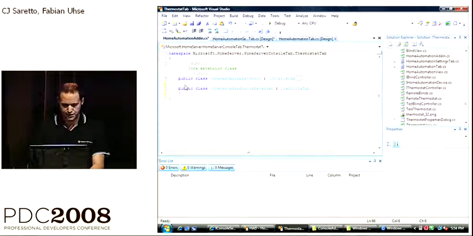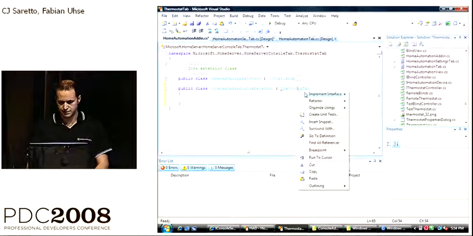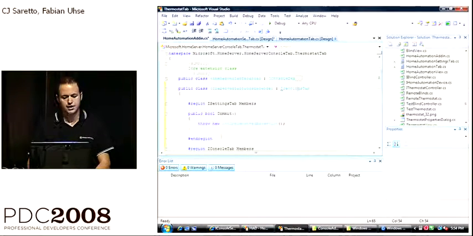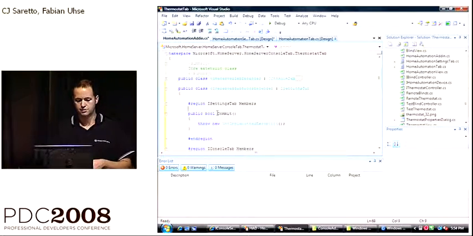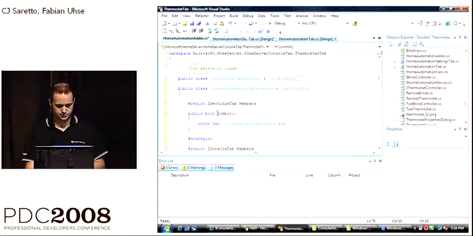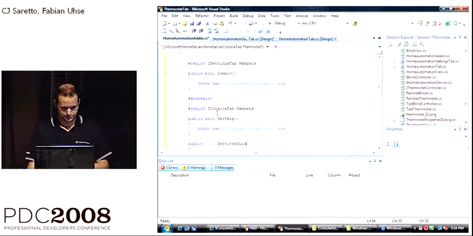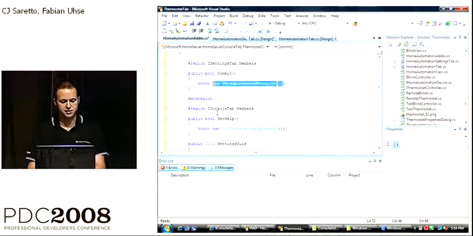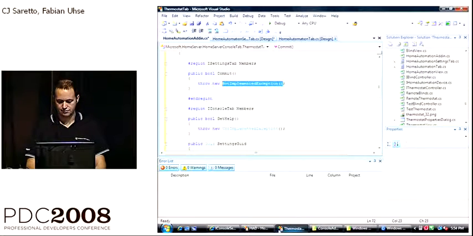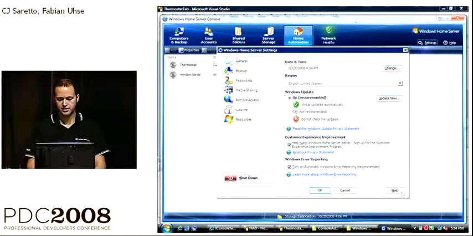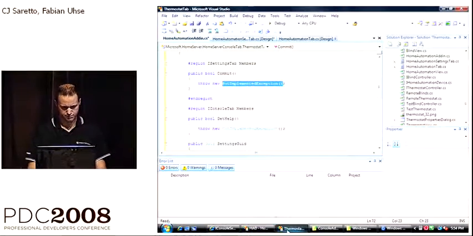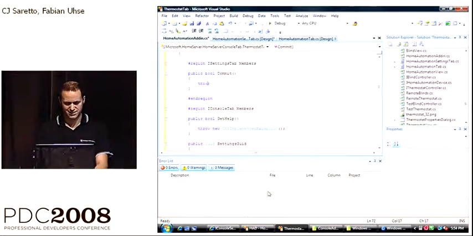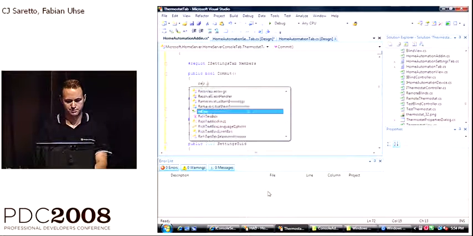There we have it. And then I'm simply going to implement the iSettings tab interface. And iSettings tab requires me to implement a number of functions. I'll speak briefly about those. The first is the commit function. This is called by the console if the apply button is pressed in the console and the settings need to be applied. Since we're not actually having any settings in ours, we'll just return true.